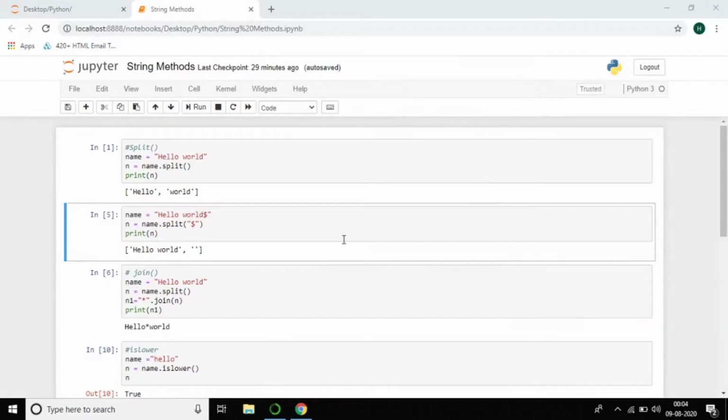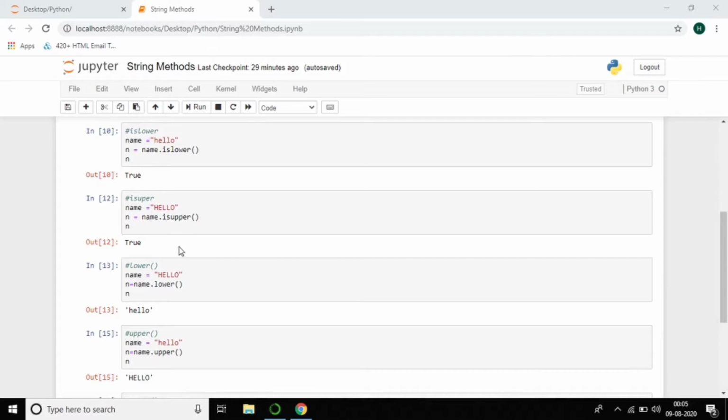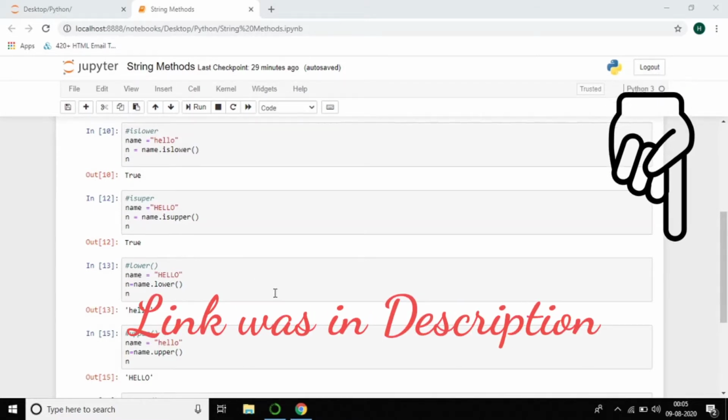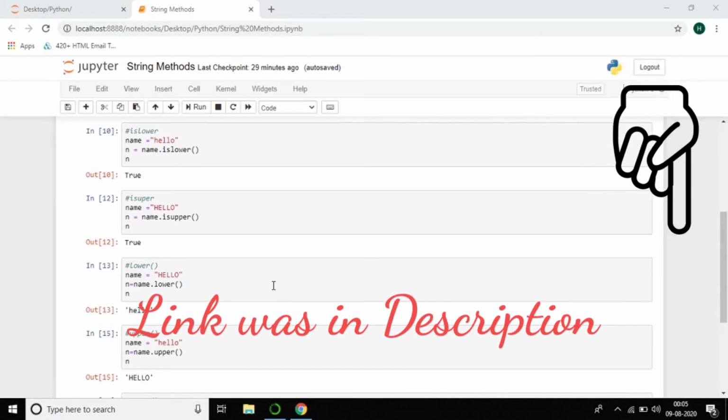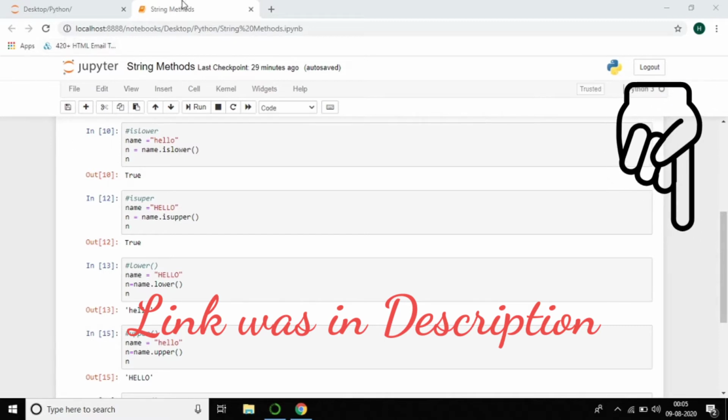Yes, in previous tutorials we learned about string methods, and it's been a long journey related to strings. We saw what a string is, how to write a string, and also string slicing, the different ways to slice a string. We also saw the different types of string methods, and we used everything. So if you missed those tutorials, just open the description and you can find the links. Go through them and you can learn strings very clearly. In this tutorial now we are going to discuss functions.